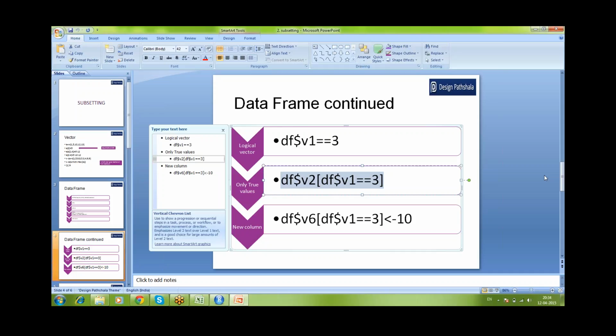You are absolutely correct that first it will give me the logical vector, and we know that V1 contains 3 values, 1, 2 and 3. So if df dollar V1 equal to 3 means false, false, true, right? Then false, false, true is the outcome of this subsetting. Now what I'm saying to df dollar V2,